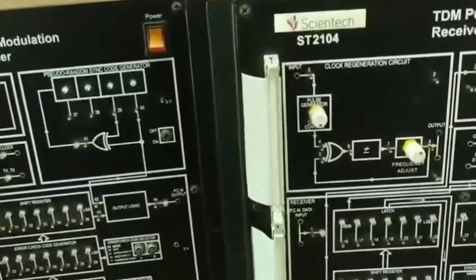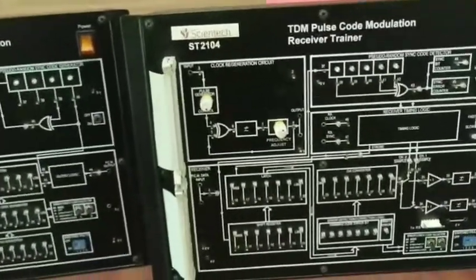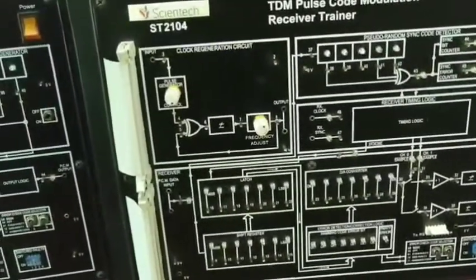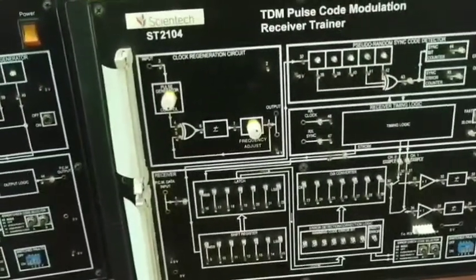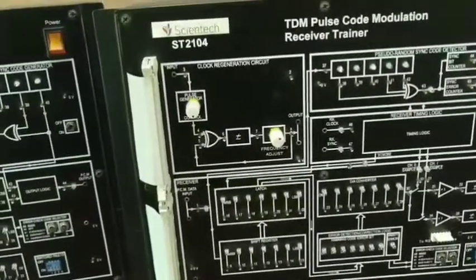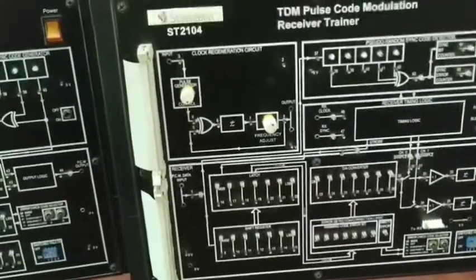And at the receiver side you are getting the same signals into the receiver section. And using the shift register, latch and the digital to analog converter, we are getting the same bit stream at the receiver side.